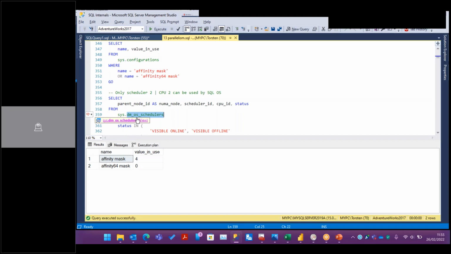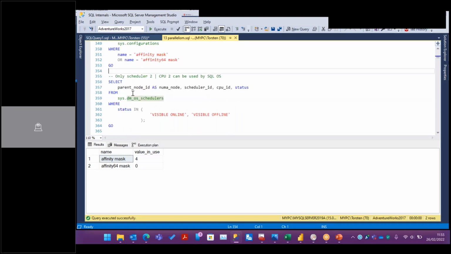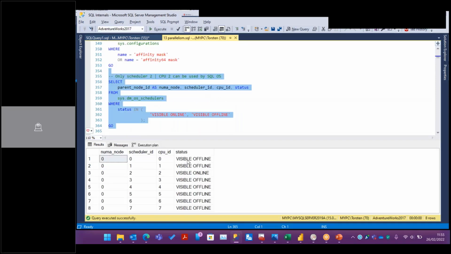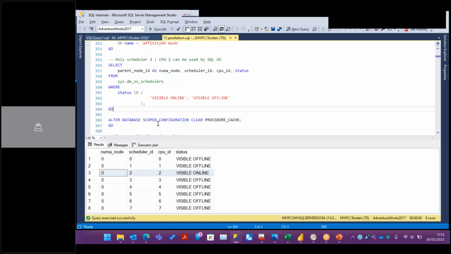We can see this here in the DMV os_schedulers, that for sure all other cores are still available, but they are not visible. So visible online is only true for CPU2. It means SQL Server cannot use all other CPUs because these schedulers cannot be used because they are not visible, right? Very simple. When I now execute the same